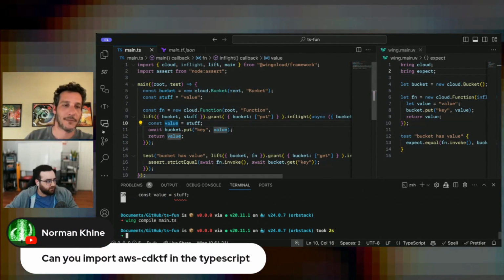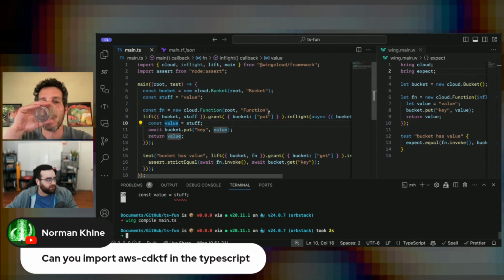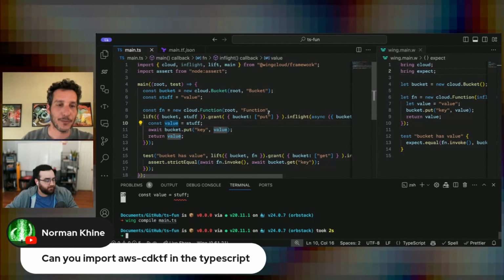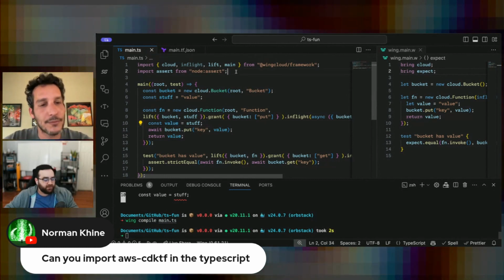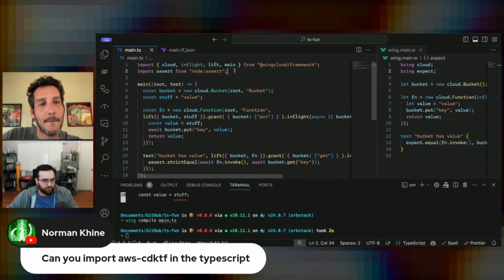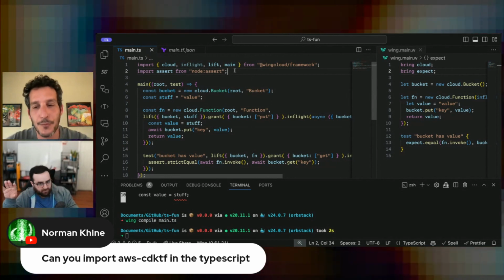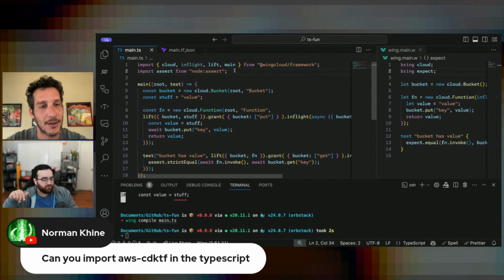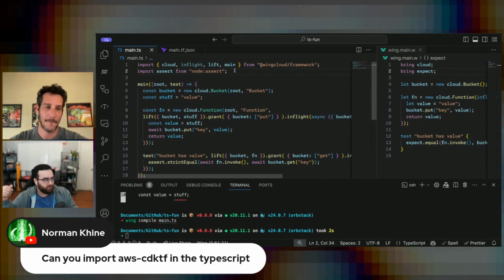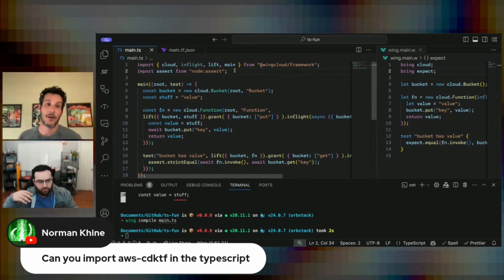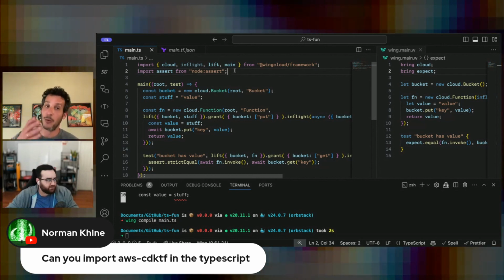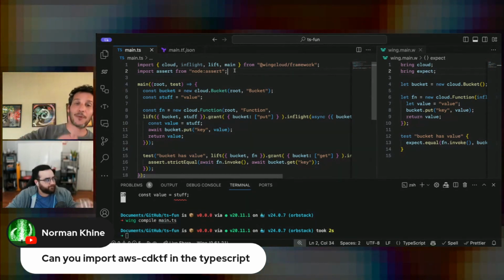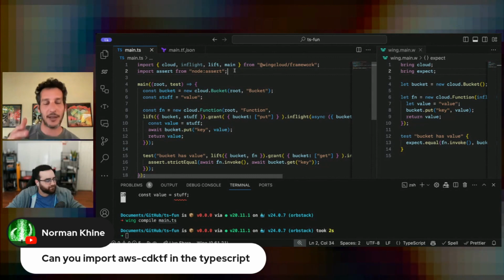Oh, can you import? You can import any library. If you import JSII or constructy, infrastructure-based stuff, you totally can. You have to make sure that when you compile, you compile with a target that works with that system, which is true in Wing too. So you can import the AWS CDK TF.